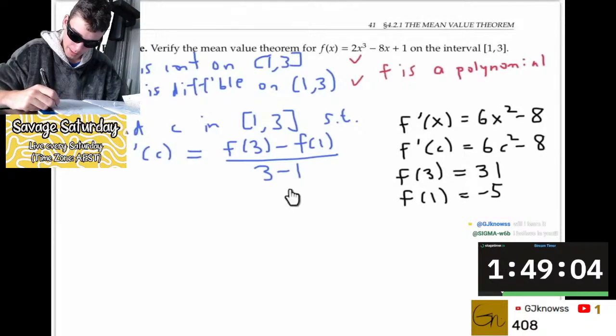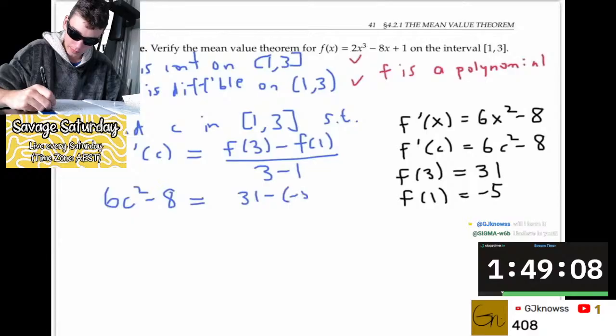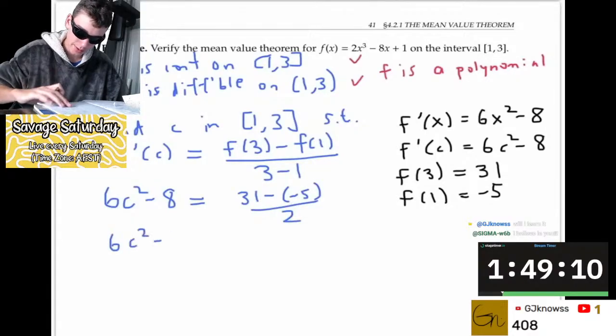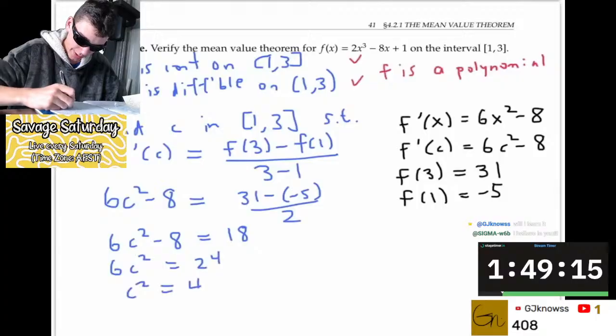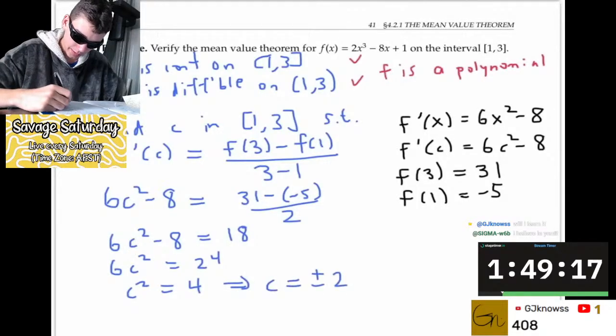Plugging in these values into our equation, we get that 6c squared minus 8 has to equal 31 minus negative 5 over 2. In other words, 6c squared minus 8 had better equal 18, which means that 6c squared needs to equal 24, so c squared has to equal 4, which means that c has to equal plus or minus 2. Since negative 2 is not in the interval from 1 to 3, we're left with a c value of